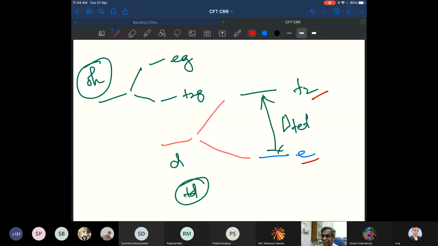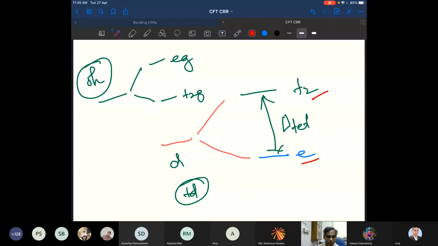Anuj, my goodness. Yes, sir. Who is that? Anuj, tell me, why did I write E instead of EG, T2 instead of T2G? It is not symmetrical, sir. What is not symmetrical? In case of tetrahedron. What do you mean by symmetrical? Little bit up. Be confident. Even if you're making a mistake, no problem. You're very close to the answer.